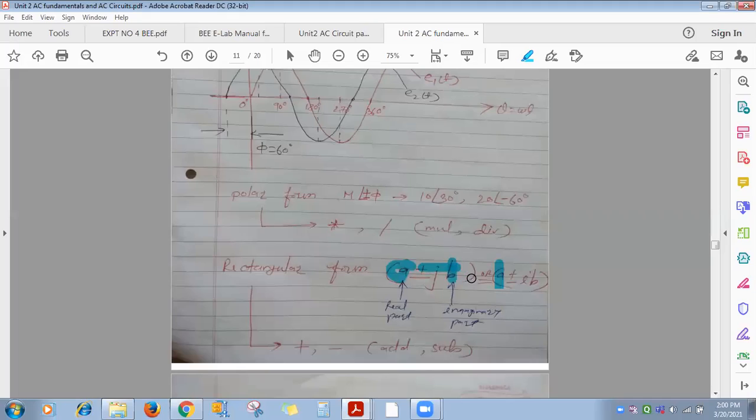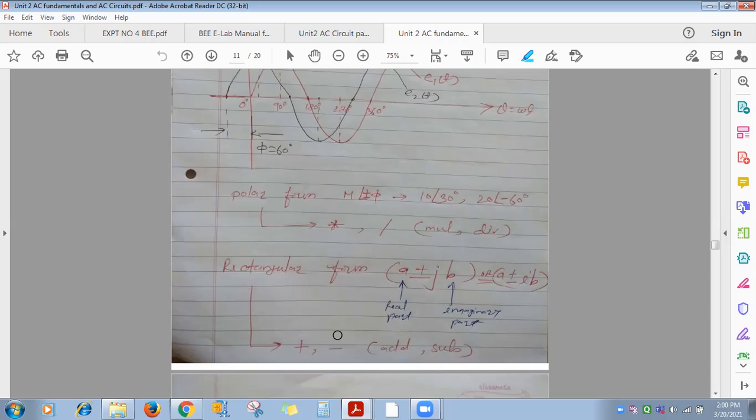But if a capacitor is there in the circuit, then because of the capacitor, the imaginary part is negative. It will be clear to you when we see the examples. Okay, next topic. Right now, what you keep in your mind? Rectangular form means a real part and an imaginary part. For the complex variable you can use I also, J also. As it is an electrical engineering subject, the real part will always be positive. It can never be negative, but the imaginary part is positive for an inductor and negative for a capacitor.